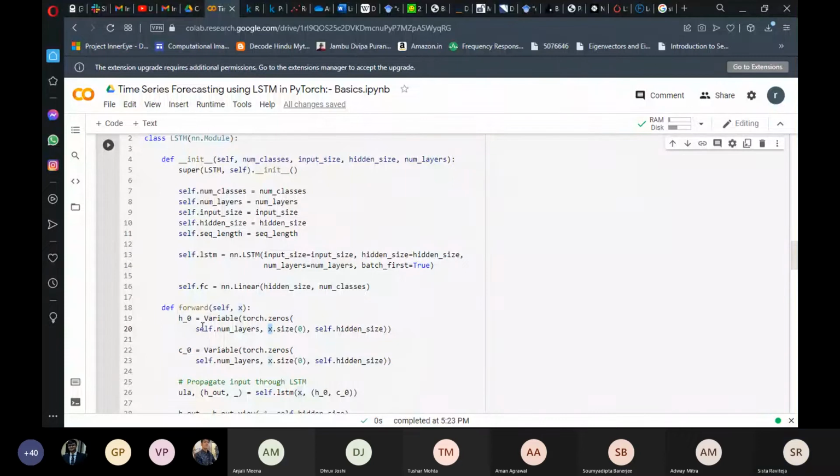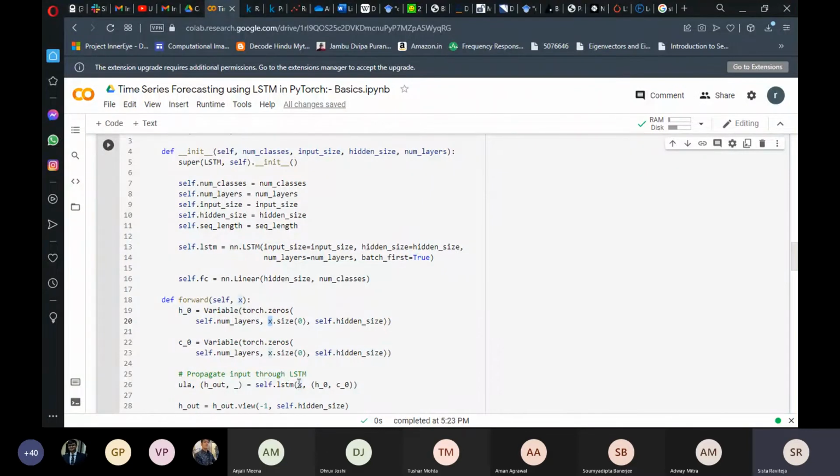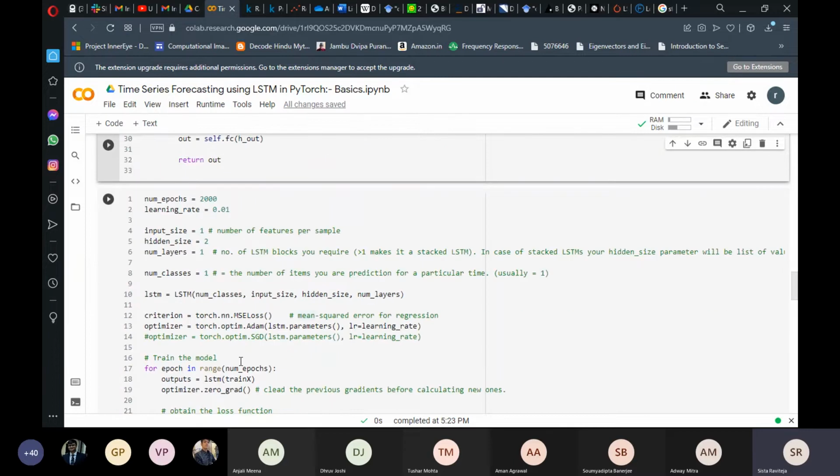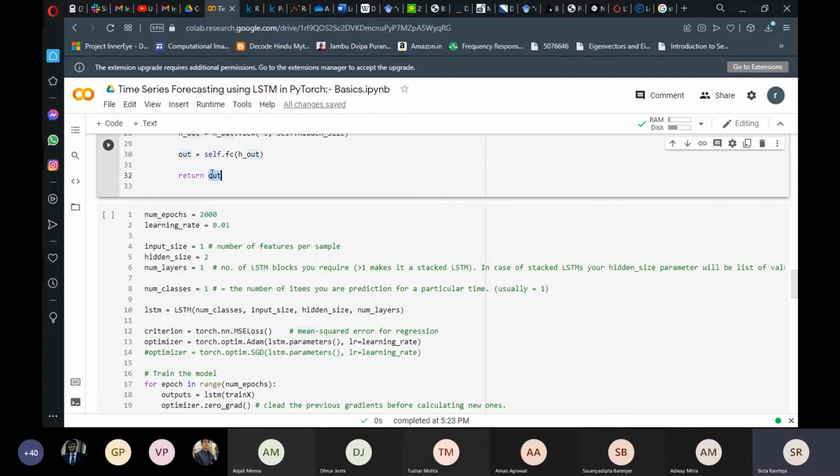So these things have to be initialized before you send your input value to the network. When you're calling your LSTM, you have to send the input, which is your X, and also the hidden state and cell state to the LSTM network. Then you will get the respective outputs, which you pass through the fully connected layer, and you will get your final output. So this is your end-to-end LSTM network.